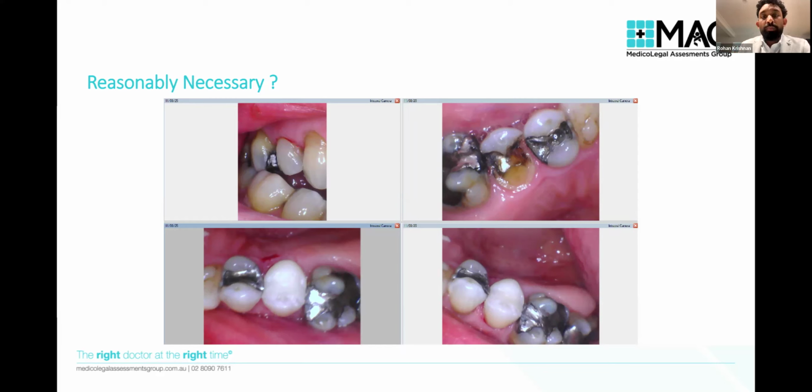And again, we might look at the claim and the person might present with a broken nose and front teeth damage, and therefore it may be unlikely that this particular tooth, which is so far back, has got any link to the incident, to the work-related incident. It may be that this tooth was going to undergo a fracture or have a filling part of the tooth fracture anyway, irrespective of the work injury or not.